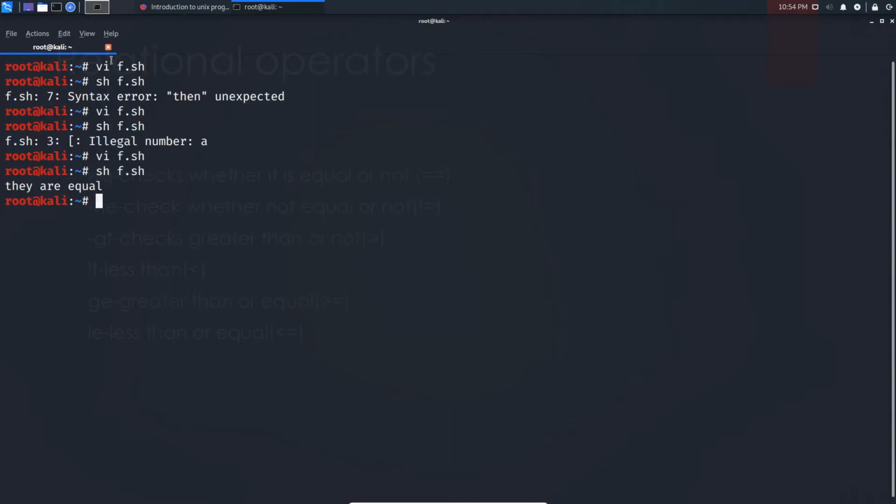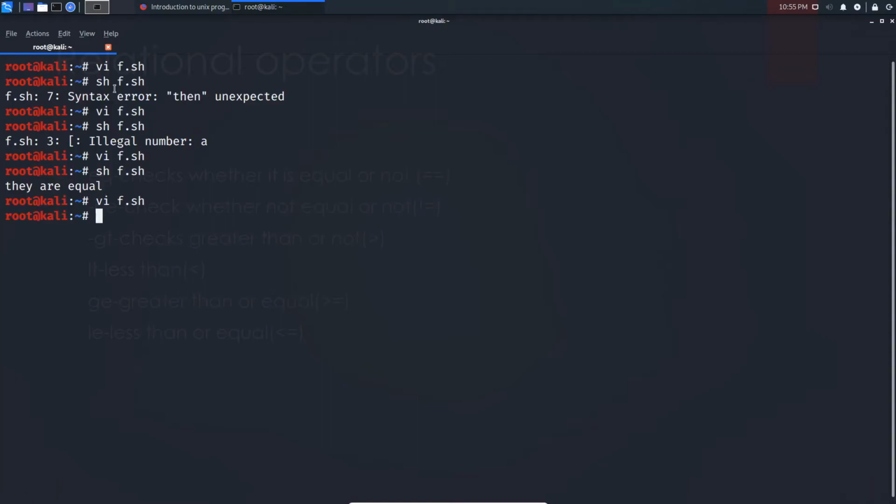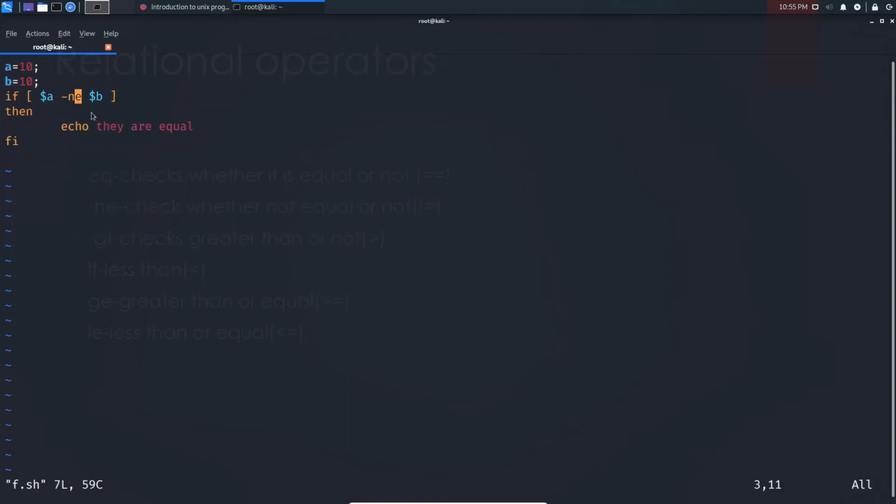If you want to place another condition, like NE, not equal, minus NE, let me check whether they are equal or not. If it is false, then nothing gets printed. See, we did not get any output, because they are equal, so the not equal condition is false.